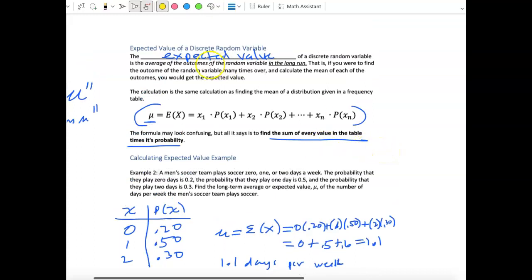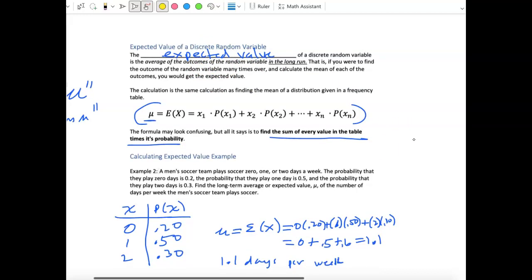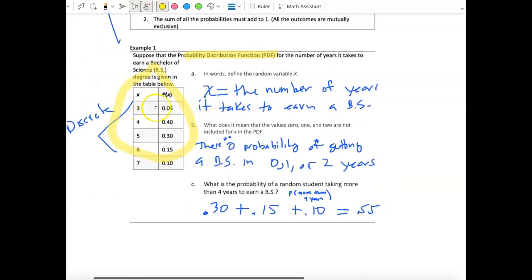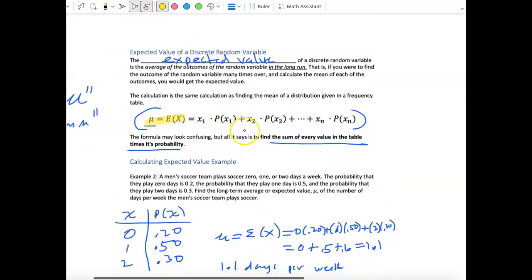Now, an important concept here leads us to expected value, the expected value of a discrete random variable. Again, it's this idea of, in the long run, on average, what outcomes would we expect to see? We call it the expected value of a discrete random variable. There's a formula, with the mu symbol that we learned in the past. E of x stands for expected value of the random variable. It's very simple to calculate. Get a calculator out, and you multiply your x value times your probability, and you obtain